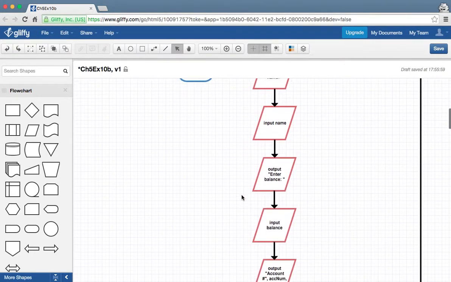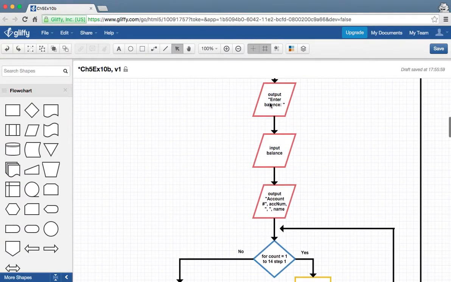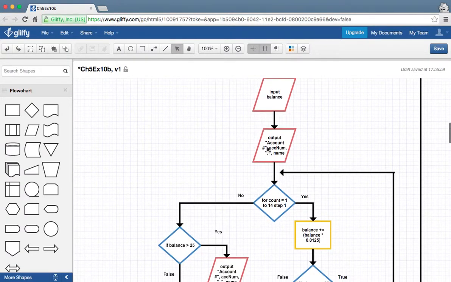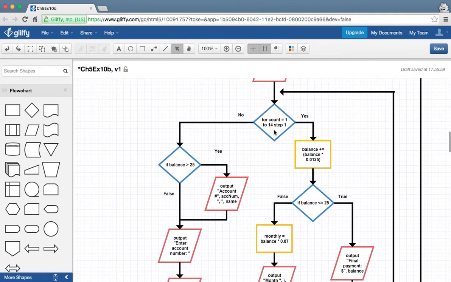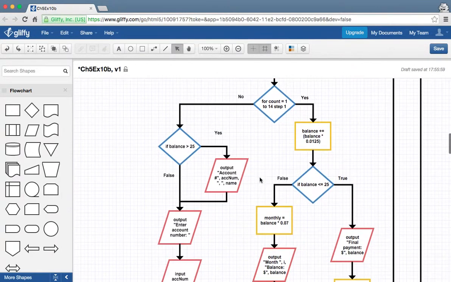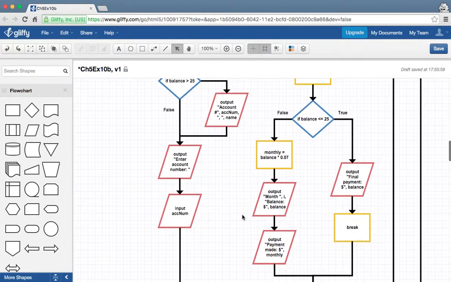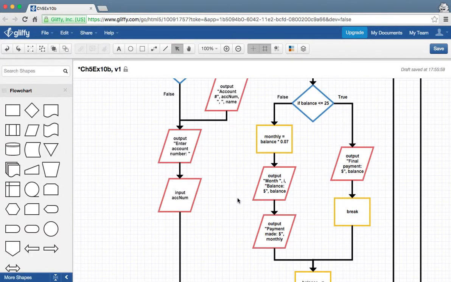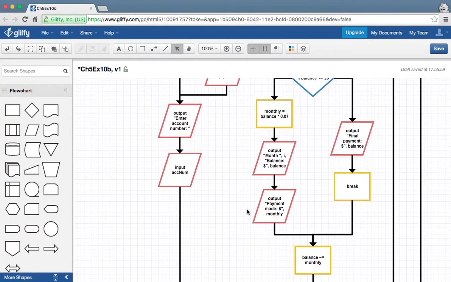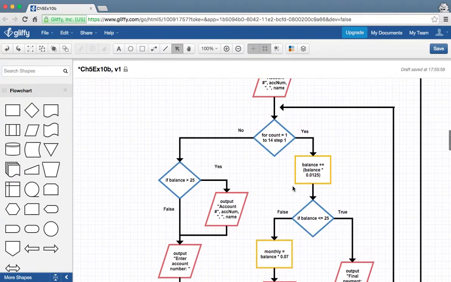And now we can check for many different people. But we're going to ask for all their information there, and we're going to output their account number and name to start, and then we're going to go into this for loop here to display all of their projected monthly balances up to 14 months, and of course the book is going to have something different than 14, so make that correction. And we'll have that same if, else statement, and we'll keep going around that loop,